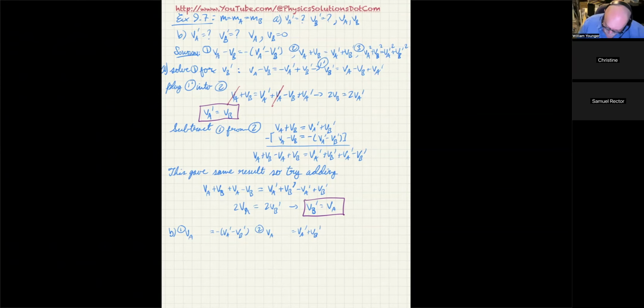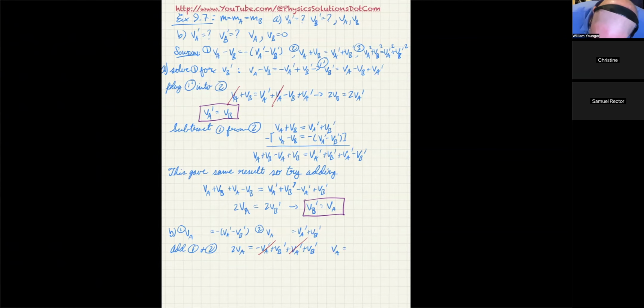And this is going to be equation 2. So you can see it's got a long space in it, but the main thing is I wanted you to see where it's coming from. So now what I'm going to do is add equation 1 and 2. The left-hand side is going to give me 2VA because VA plus VA is 2VA. And the right-hand side is going to give me negative VA prime plus VB prime, plus VA prime plus VB prime. Like that. And in this case, you see the VA prime and the negative VA prime cancel out.